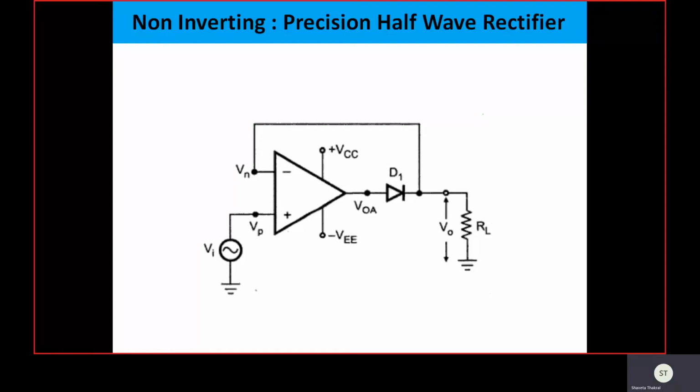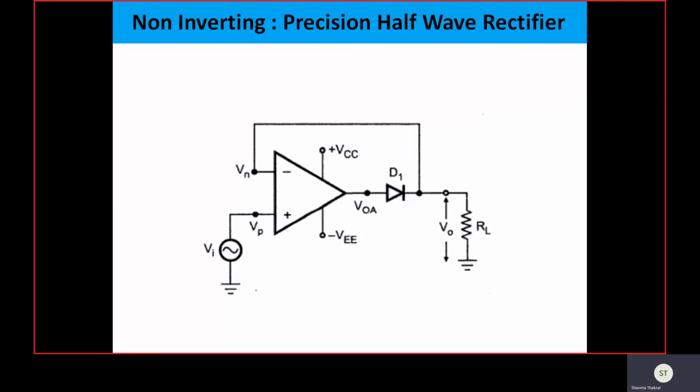As we have discussed, for many precision signal processing applications where low voltage, low current or low power requires rectification, we cannot use ordinary diodes, because ordinary diodes cannot rectify voltage below the cut-in voltage of the diode. So here we are using the operational amplifier with the ordinary PN junction diode so that it can behave as a super diode.